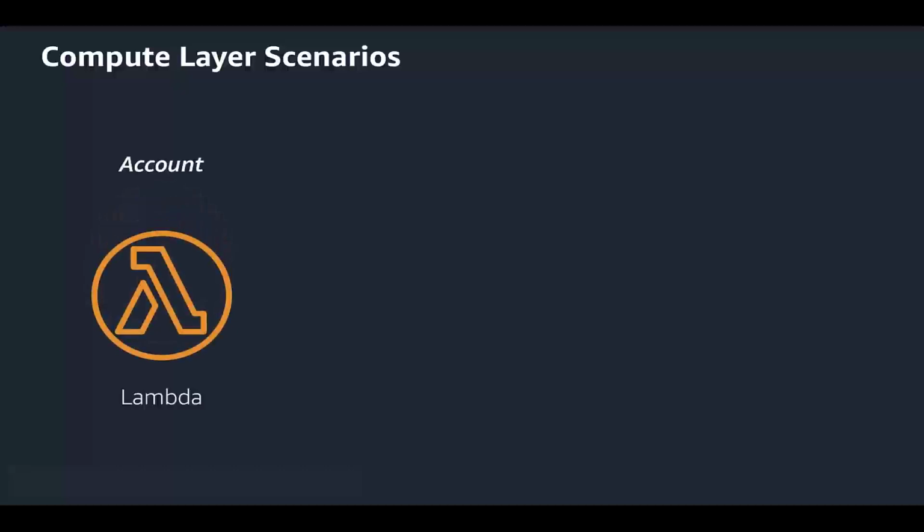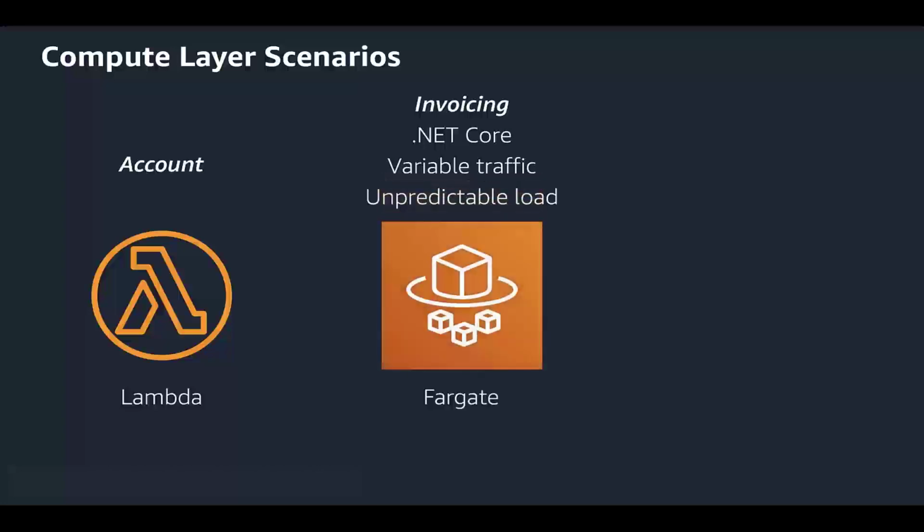Let's revisit our 3 microservices to decide which compute layer to use. The account service is running on Lambda, so all of this infrastructure is handled automatically by AWS. There's no decision to make here. For the invoicing microservice, this service can be ported to .NET Core so it can run on Linux. As we look at the usage logs, the invoicing microservice sees a lot of variability in traffic. It experiences periodic, unpredictable spikes during business hours and low load during the evening. With this usage pattern, it would be difficult to fully utilize EC2 instances, so Fargate is the best choice.